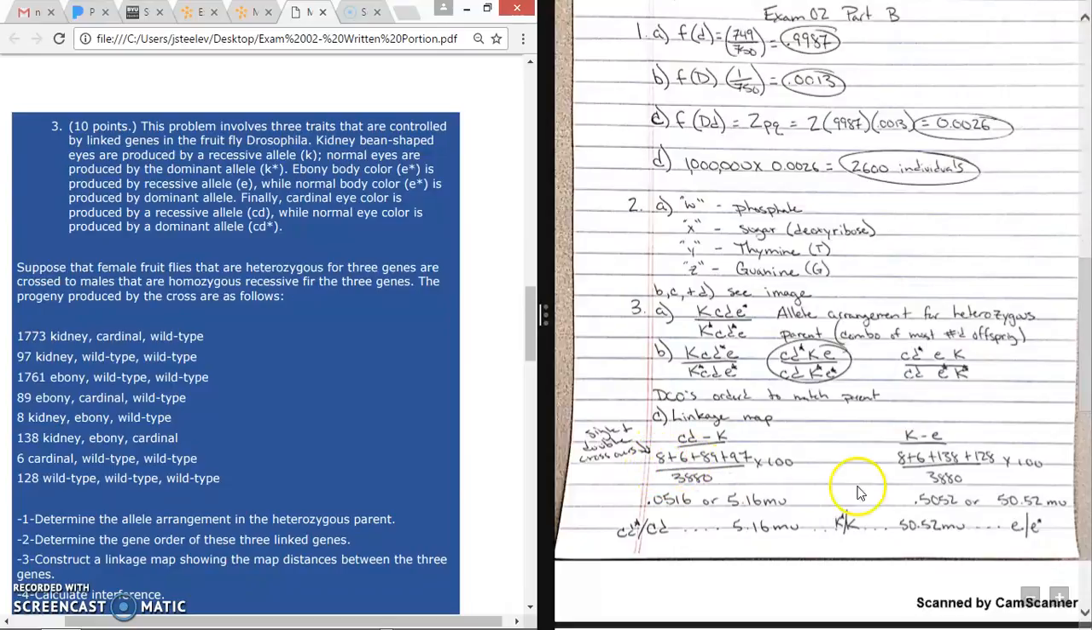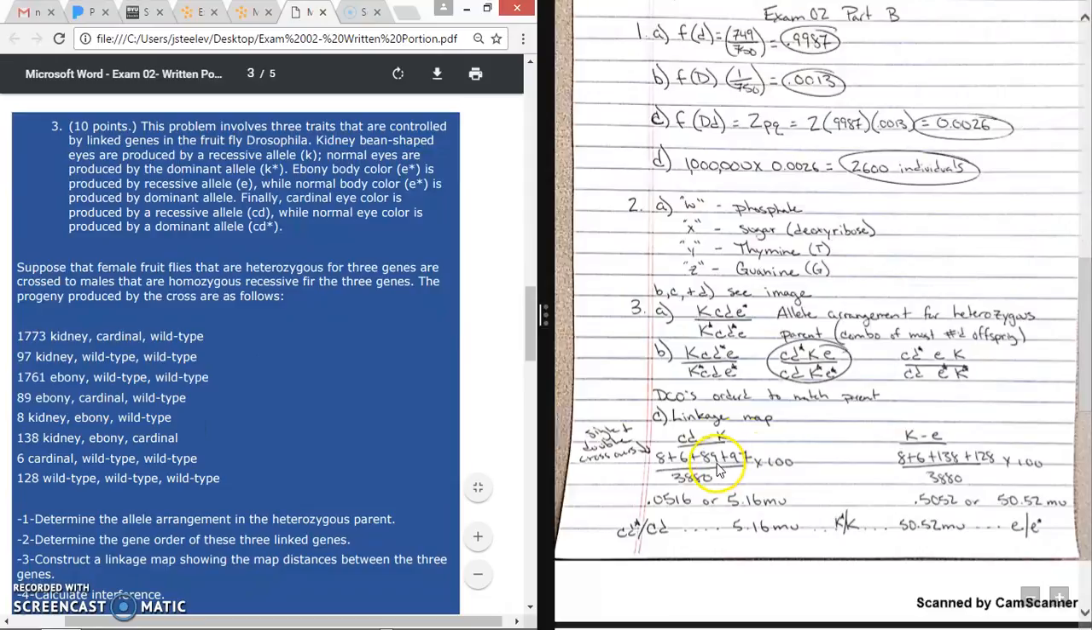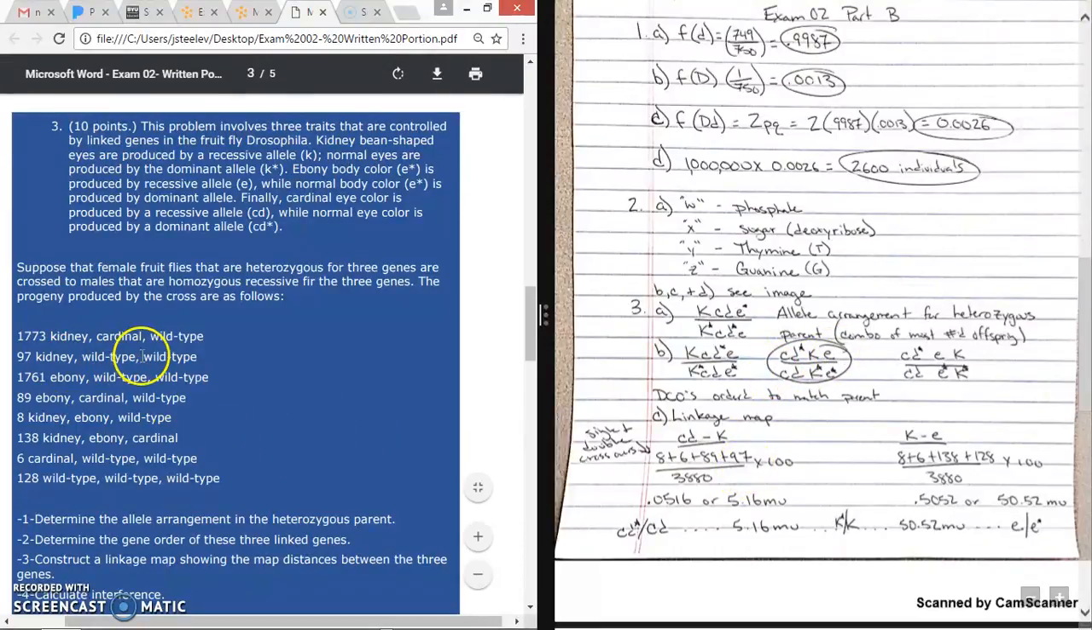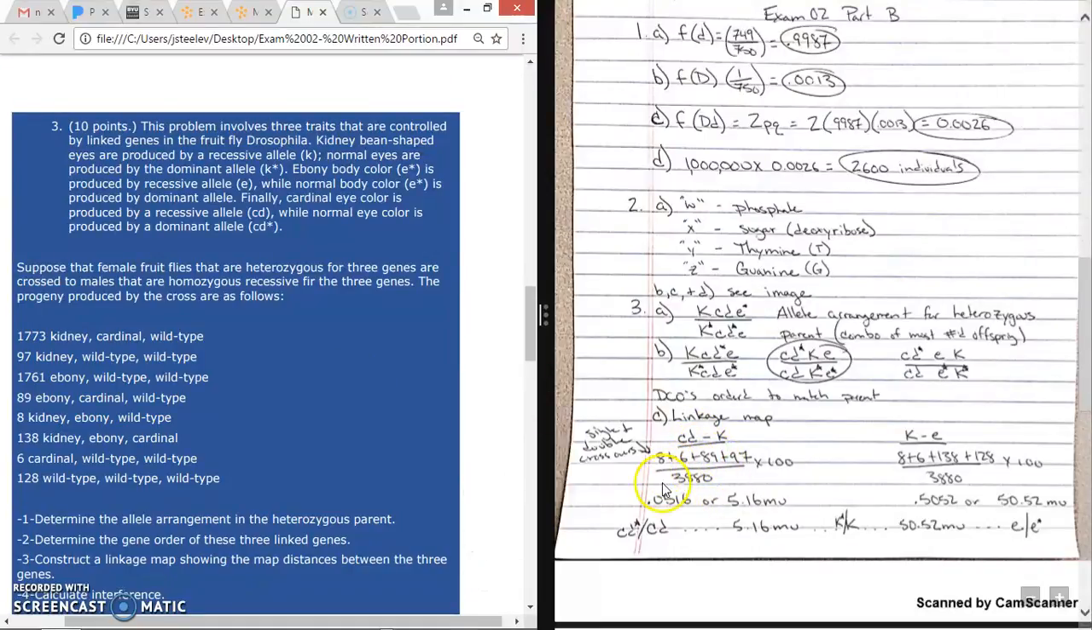If you look, you have 8 and 6 and 8 and 6. And then when you take the single crossover, you're just basically moving this CD down here and this one up there, and then when you compare them to the ones that are here, if you have the 89 ebony cardinal wild type, that's what you get when you switch one of these for the top, and the other one on the bottom for the 97 is your kidney wild type. So I'm going to go ahead and add all those together, divide it by your total